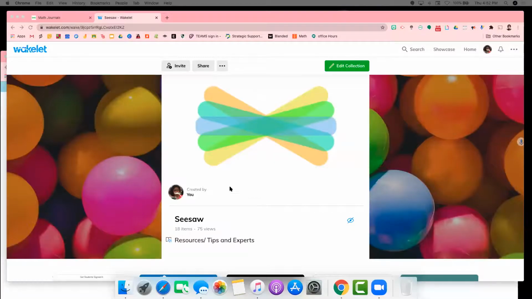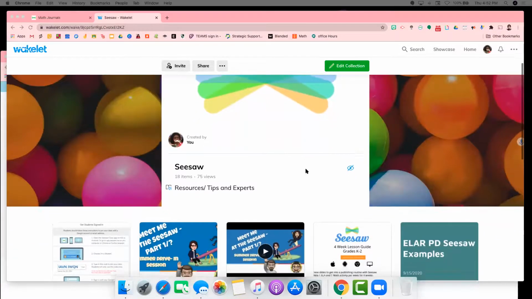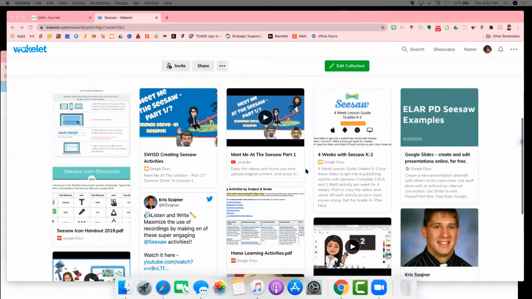Okay, so this is the Wakelet that I'm going to share with you guys. In this Wakelet, if you didn't get into the classroom and you want to be part of that class, I will be supporting the ELAR by finding and curating lessons as well and plugging those in. Somebody asked me about the icons and the codes for that. It's right here in the link. It's a PDF. I know that in June, we did an introduction to Seesaw training. So that recording is here on YouTube, as well as the slides that go with it.